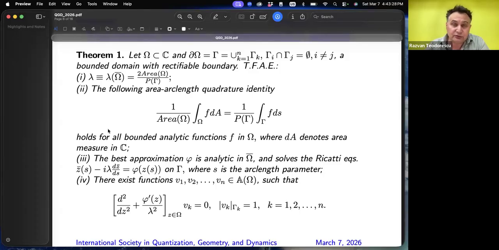And that's going to be true. It will hold true on every one of the boundary components. And I call it a Riccati equation because taking one more derivative in the holomorphic variable of this identity and then extending it into the domain becomes a full-blown Riccati equation for the analytic continuation of the functions that happen to be unit vectors, tangent vectors on the boundary component. And the second equivalent formulation, which comes from this Riccati equation I have just described, is the well-known reformulation as a second order